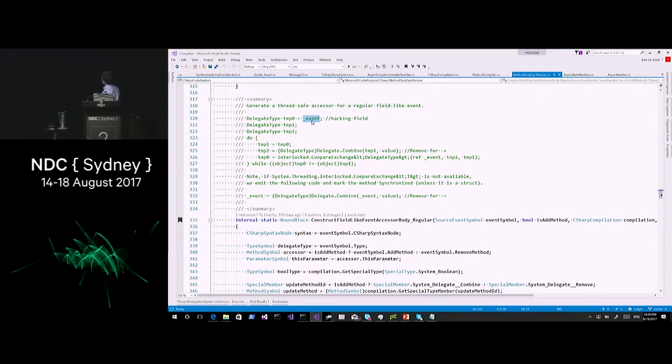And so that's what this code is doing that I was pointing at a little bit ago. You see over here, we try to do the combine, cast it back to the original delegate type, and then try to do a compare exchange, which is a conditional assignment based on an old value that we read. In case that's actually going through, we can just bail out from that loop, and everything is good. If that doesn't work, then we'll just retry, rereading that field and continue doing that. And so what you see here